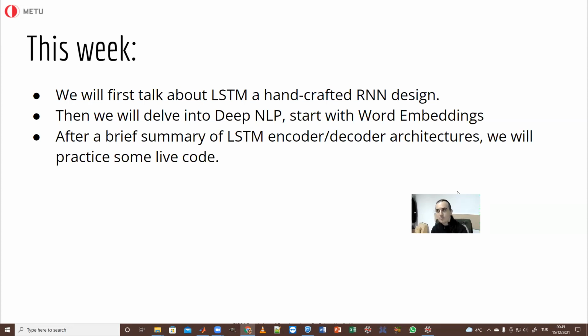Then we talked about what sequences were in terms of their input-output relations. If you have a single input and many outputs, or many inputs and many outputs, what happens when you have delays? These are important concepts because they are modeled in platforms like PyTorch and others. And we gave examples of use cases and sample problem definitions for these different input-output types for sequence problems. This week, we are going to continue this topic.